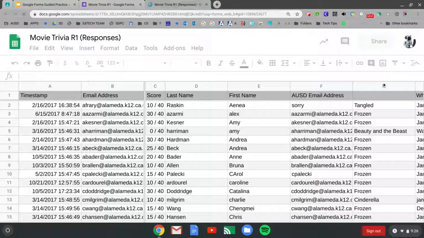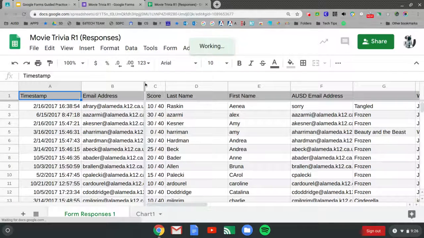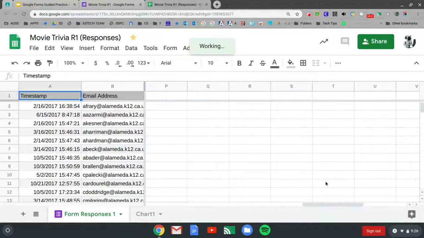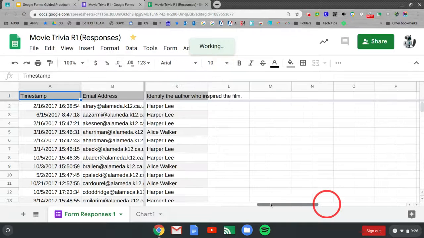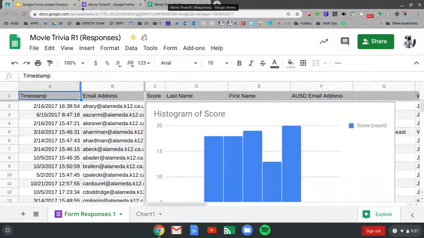And so here I have another way of looking at the data. And I could do various things with the columns. I could sort alphabetically. And right now I'm just going across, and I can move down here. So this is a Google Sheet. So forms and sheet go hand in hand. You can also put charts on here as well. Okay. Now I'm going to go back to